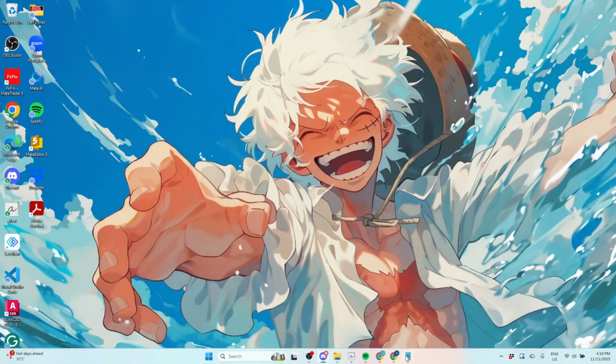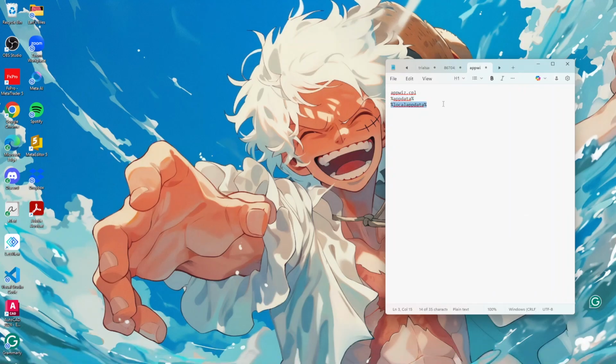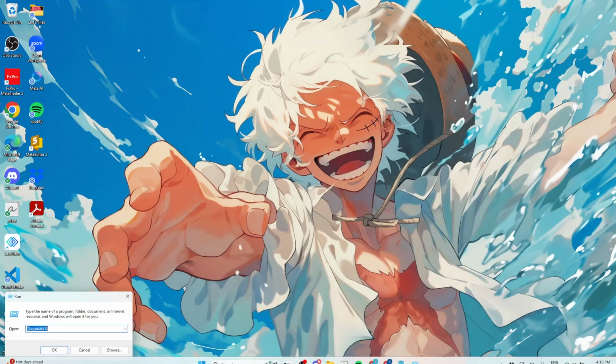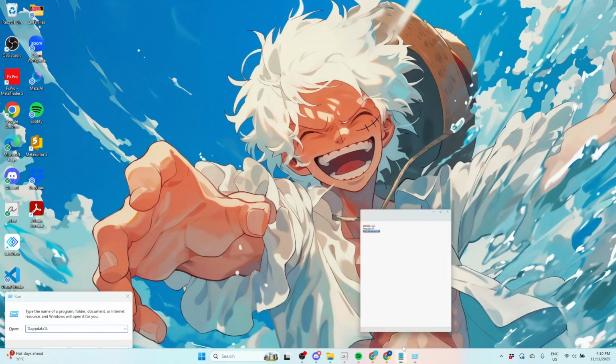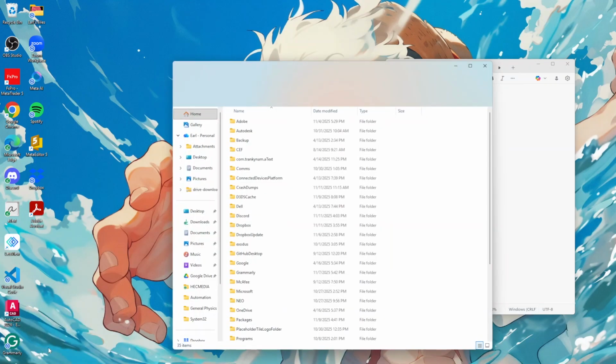Once again, press the Windows key and R on your keyboard. In the new Run dialog box that appears, type %localappdata% this time, without quotes, and hit Enter. This will open another section of the App Data directory. Here you'll find another Discord folder, which also needs to be deleted. As you did before, right-click on the Discord folder you find here and choose Delete.